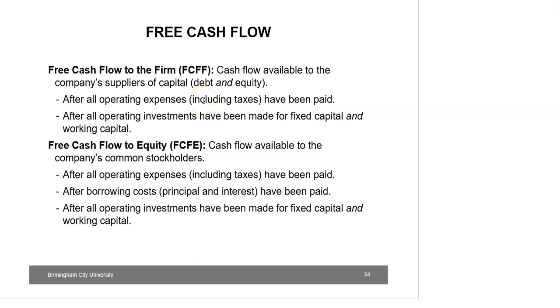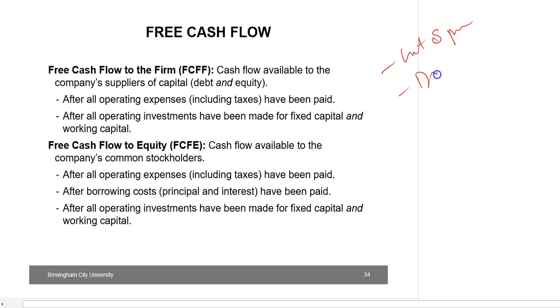Free cash flow to the firm is that cash flow which is available to the company's suppliers of capital, including bondholders, loan providers, preferred shareholders, and common shareholders, after meeting all the requirements of the business, including operating expenses, taxes, long-term and short-term growth requirements. Free cash flow to the firm can be used to pay interest and principal, dividends, buy back shares, acquire other